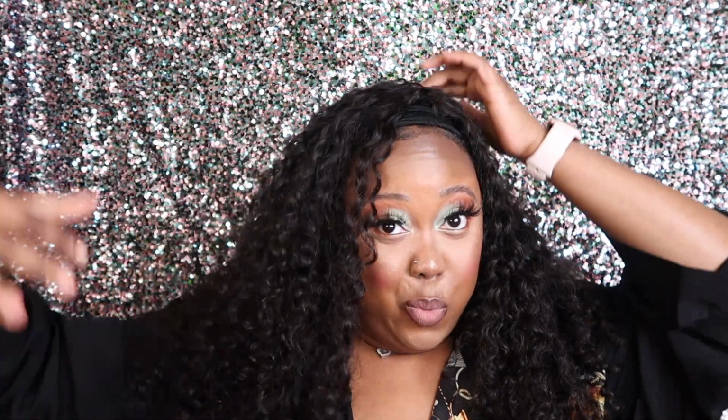The hair feels so soft. And I bought this wig with my own money. I'm just doing a review, but I bought this with my own coins, and to me, it was worth it. You literally can throw it on and go. I have been wearing it for the past, like, a week or so. So, I like the hair. And I was just combing it to try to make it big, but...